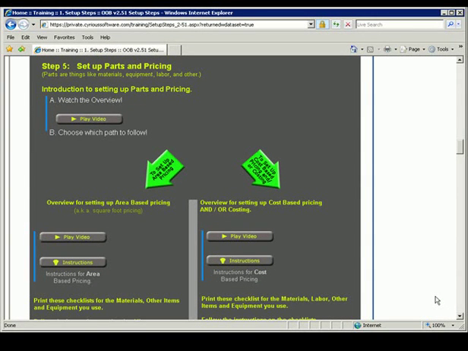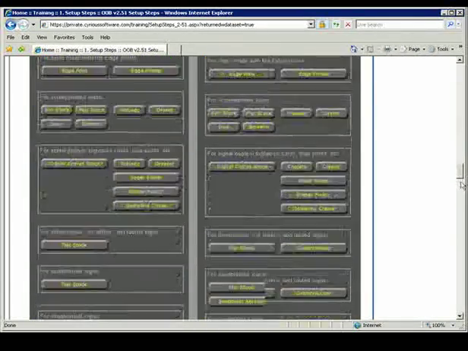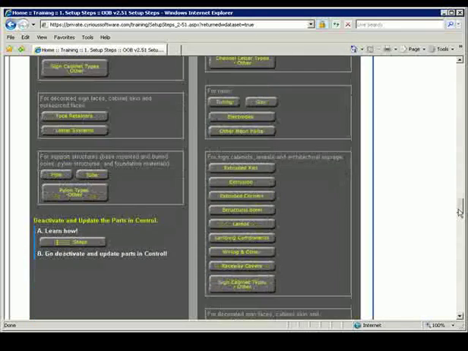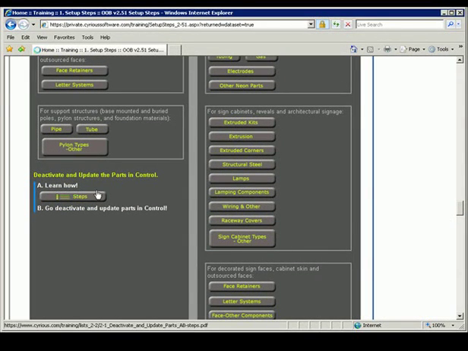For further clarification and detailed instructions as to how to update your parts and pricing, go to step 5 of the setup steps. Go down the left-hand path to set up area-based pricing, and at the end of all of your substrate templates you will see the deactivate and update parts in Control. You'll want to print that out, read it, go over it before actually doing any updating of the